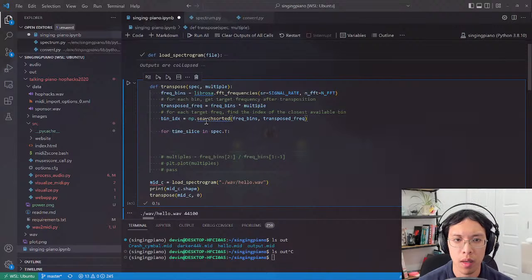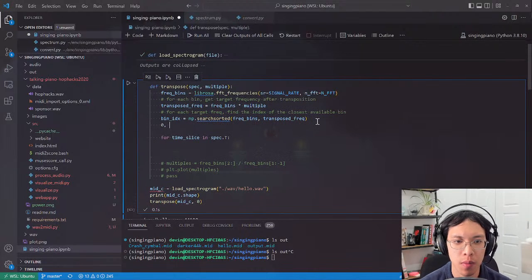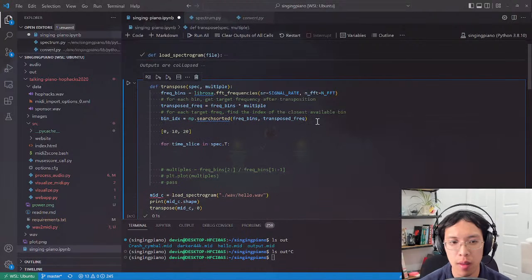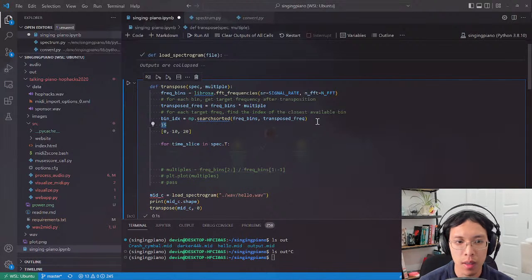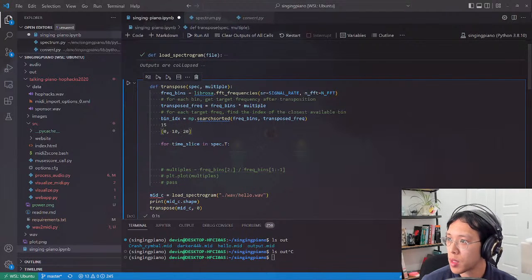So we can run this on a very simple thing. Let me think. Search sorted. So you've got numbers like 0, 10, 20, right? Here's your bins, and you're going to search this array using NumPy searchsorted. It's going to give you the index where something should be inserted. Let's say I have 15, right? So 15 is going to be inserted between 10 and 20. The side is by default left, which means